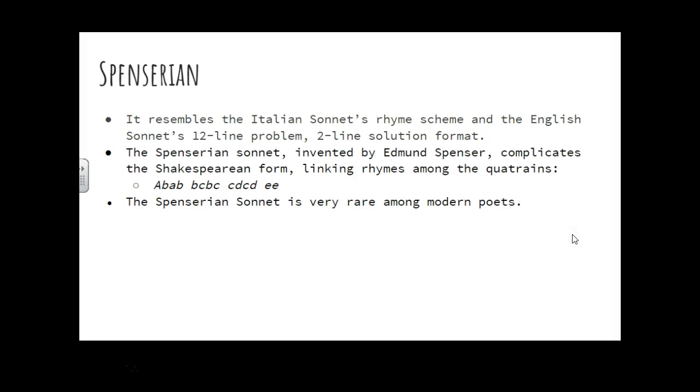Do you guys want me to review anything that we just talked about? Any of the sonnets, any of the rhyme schemes? Do you guys want to look at a poem together and try to figure out what it is? I feel like a Spenserian or the other one. Yeah! Here, I'm going to pull one up. I'm going to have you guys try to figure it out. Wait, is the Shakespearean always in iambic pentameter? Yes, it's always in iambic pentameter.